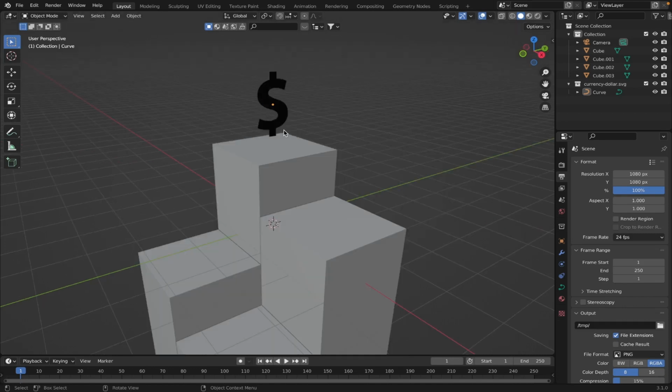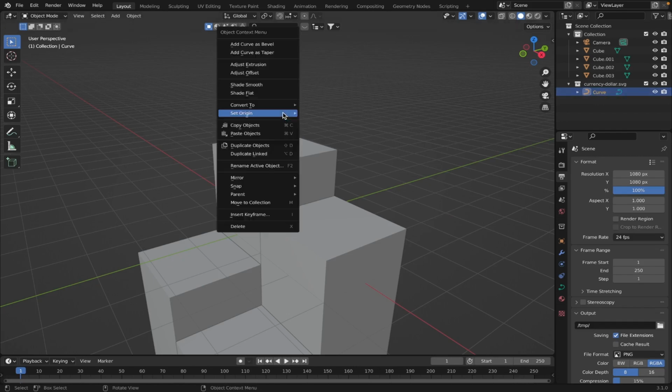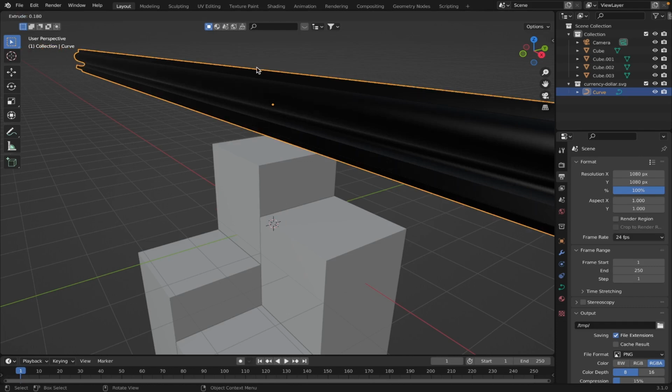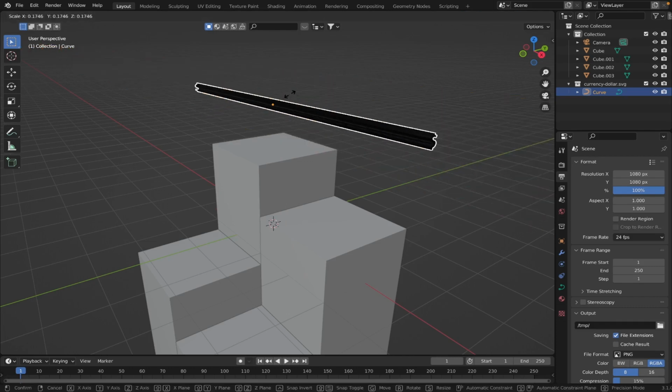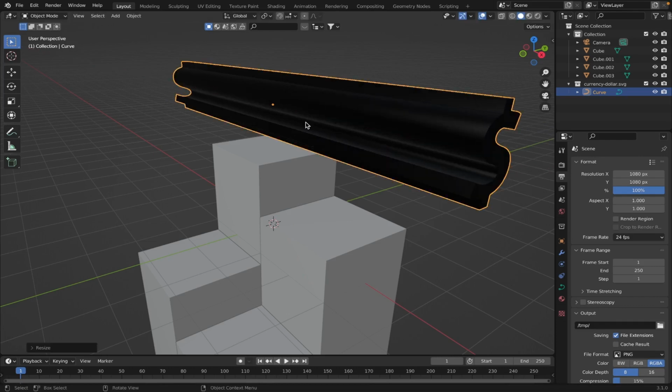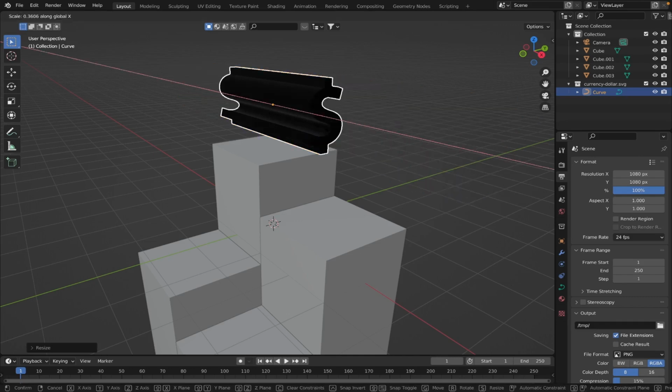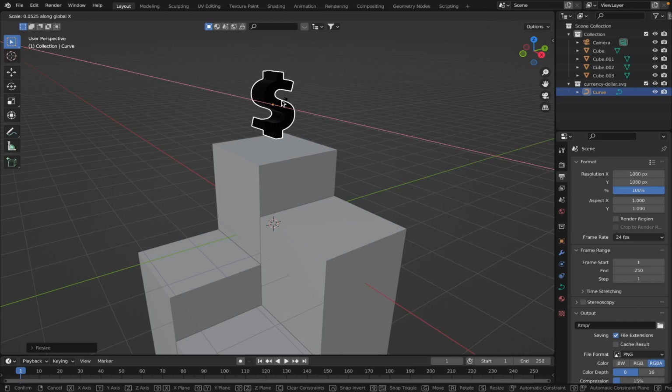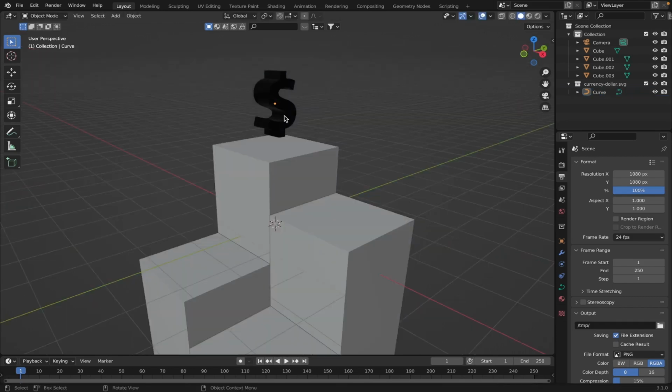So what you're going to want to do here is click on this, make sure you have this selected, and you can see over on the right that it's a curve. We don't want that. We want it to be a mesh. So we're actually going to adjust the extrusion. It's going to be super big. You could scale that down along the x-axis, make that nice and thin. I think that's okay. Once you have it to your preferred thickness,